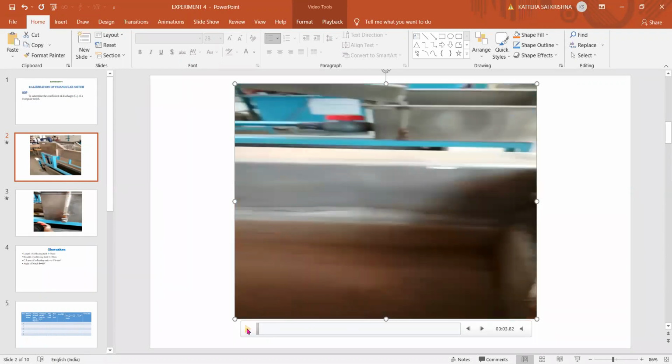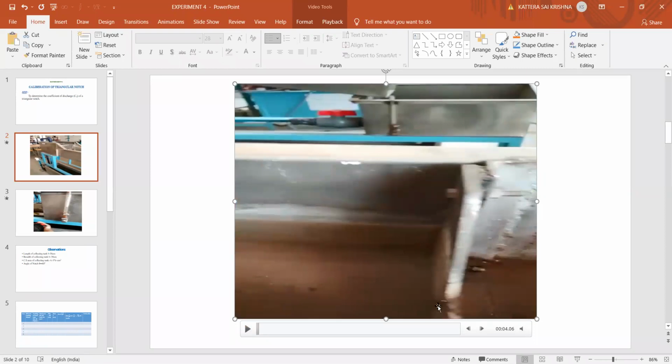Right, if you see here, on the backside, the water will first fill up to the crest, and only then will it pass through this crest point. This point is called your sill level. When the water starts flowing, it will be constant up to here, with no flow above the notch. That level of water on the backside, at the crest level, is called your sill level. S-I-L-L, sill level.